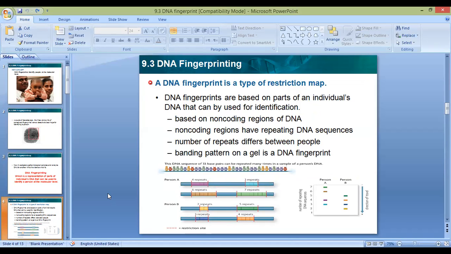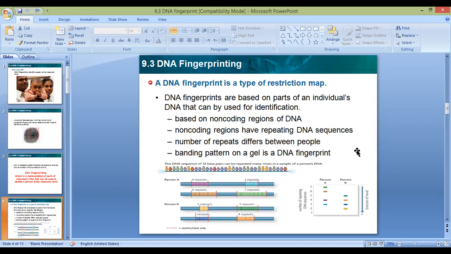I might find this sequence the same in all your family, but the repeats are different. Okay? So non-coding regions have repeating DNA sequences. The number of repeats differs between people. It's not the sequence, not AGCC, no, it's the repeating. A banding pattern on a gel